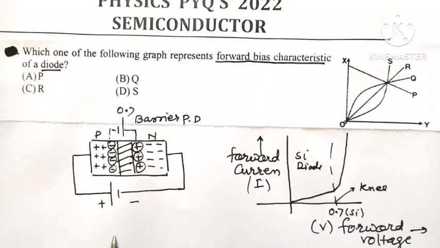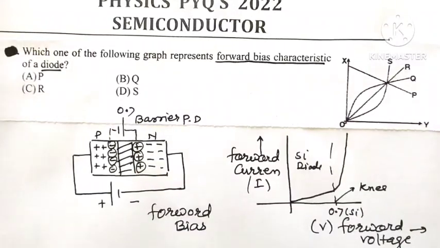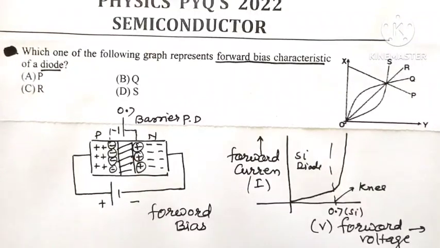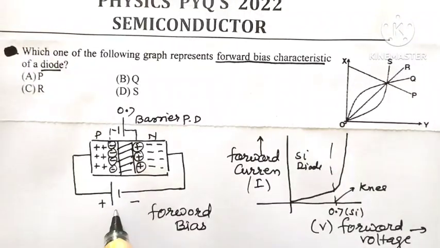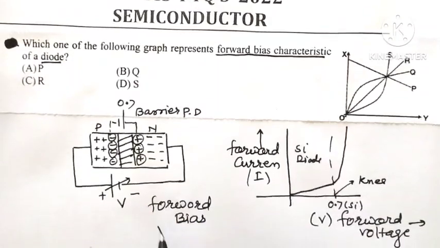So, a PN junction diode, when the P region is connected to the positive terminal and the N region is connected to the negative terminal, then we can say that the PN junction diode is forward biased. And when a PN junction diode is forward biased, we know that until this applied potential V is less